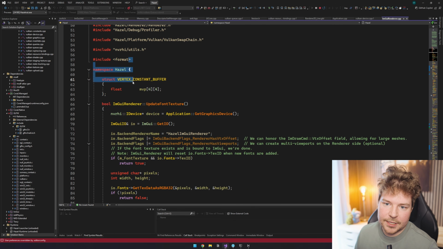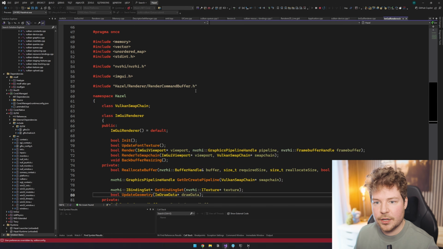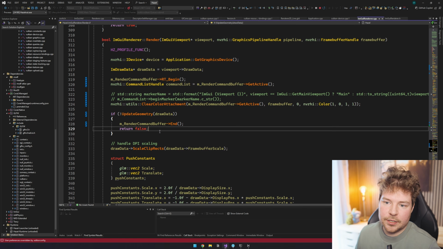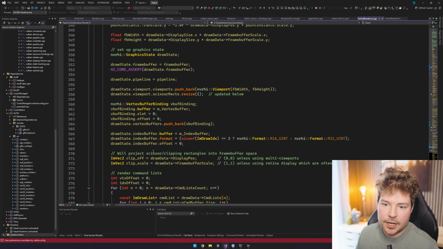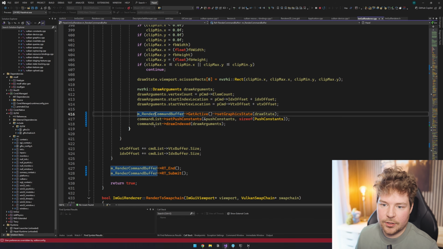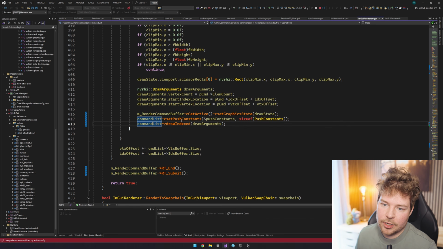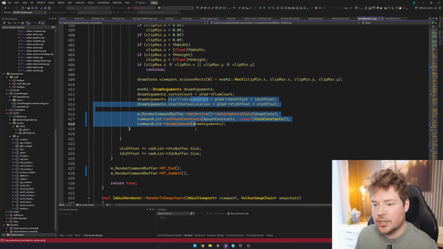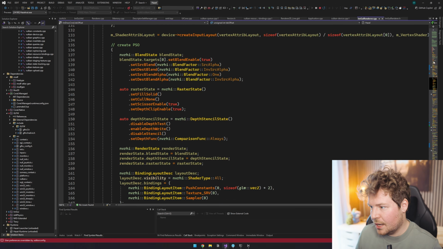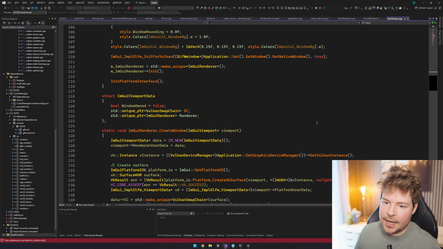You can see inside Hazel, we have this ImGui renderer over here. And inside the render function, it actually uses NVRHI to do all of the rendering. So we go through the actual ImGui draw lists, and you can see some of the code is from Hazel's render API, some of the code is directly NVRHI, which Hazel uses, and it does all of that stuff itself, as well as inside ImGui layer, you can see